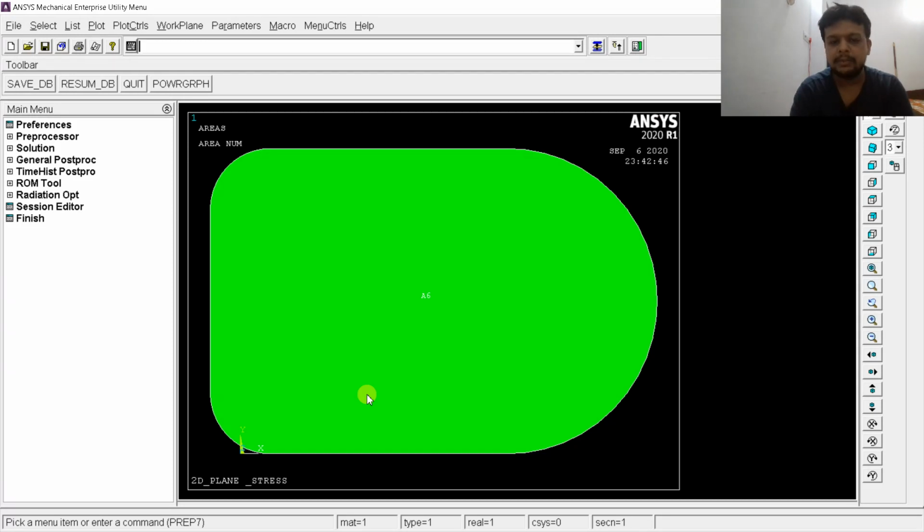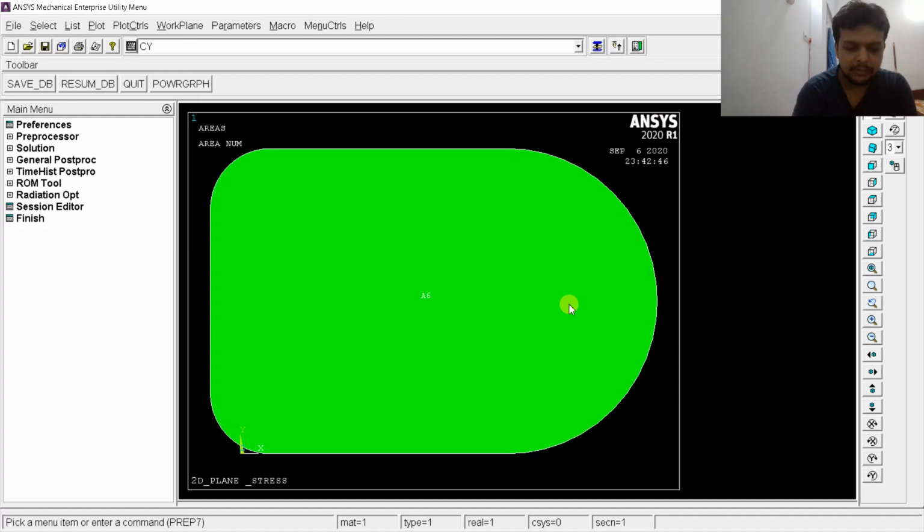Now what I will do is draw 3 circles in total. One circle will coincide with the center of this bigger circle, and the remaining 2 circles will coincide with the centers of these 2 smaller circles. The radius of the circles which I will draw here and here will be 10 units, and the radius of the circle which I will draw here will be 30 units. The center of this circle will be at 90 units in x direction and 50 units in y direction. So let's draw a circle.